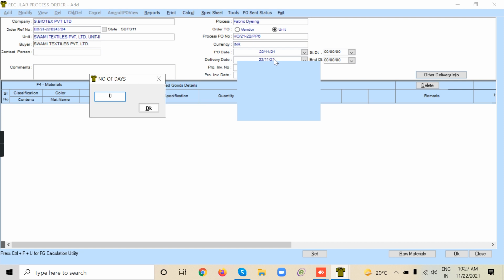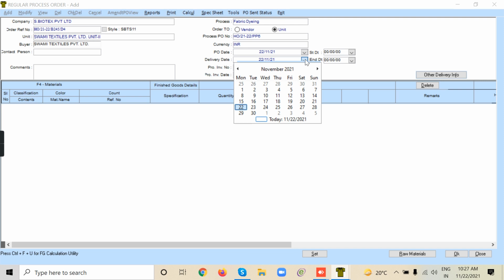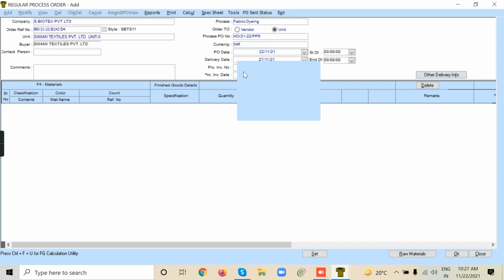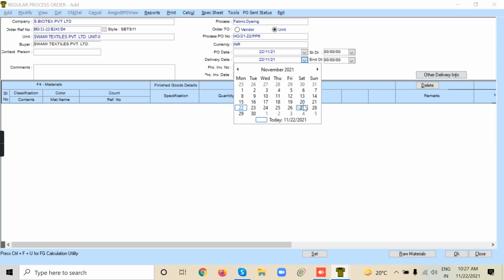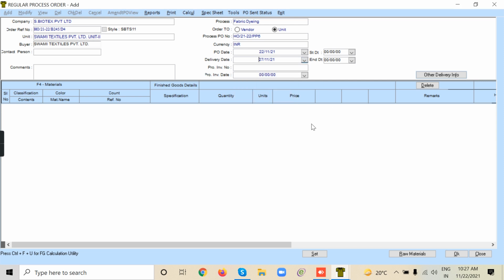One minute. Can you right click there? When you right click there, this screen will come. You can say how many days from today it has to be delivered, like 7 days or 8 days. You can enter this, or you can just click on this button and then select directly. I don't know under what reason that error came. I just give a tab. You select 27. Yeah, please proceed. You can click on the comments and press F4.